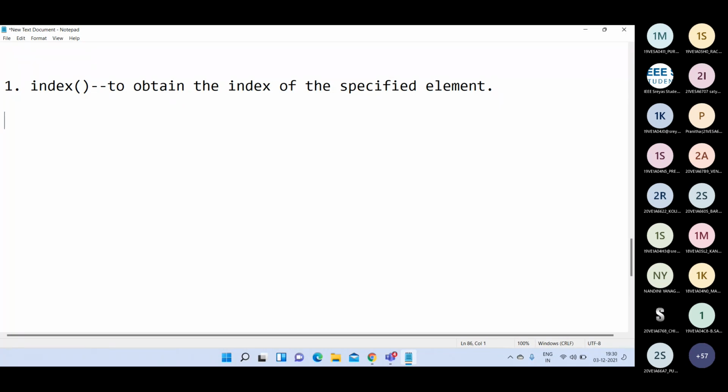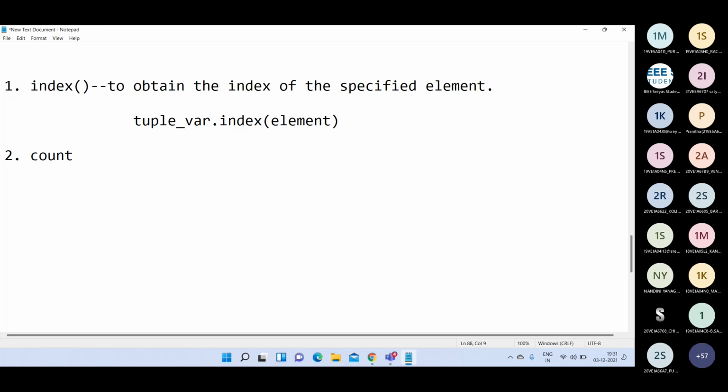The syntax for this index function is, we can write tuple variable or tuple object dot index of element. Then that particular element's index value we can get as output. Okay. This method gives the index of the specified element here.